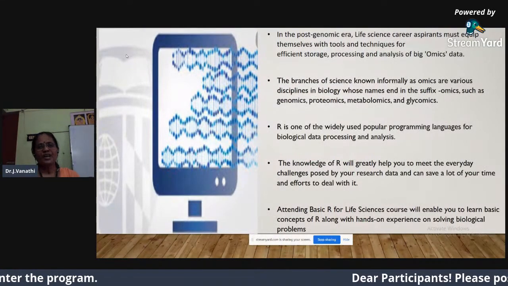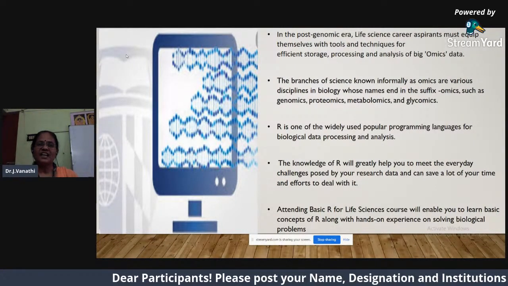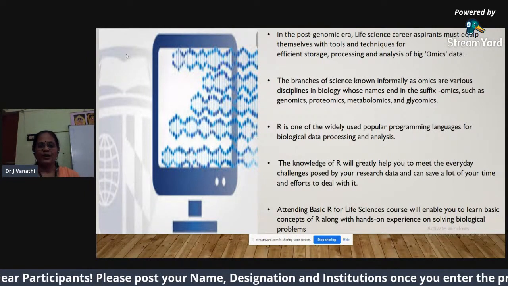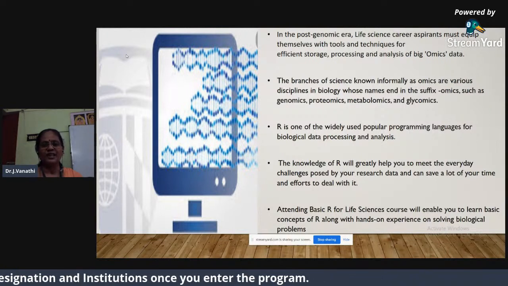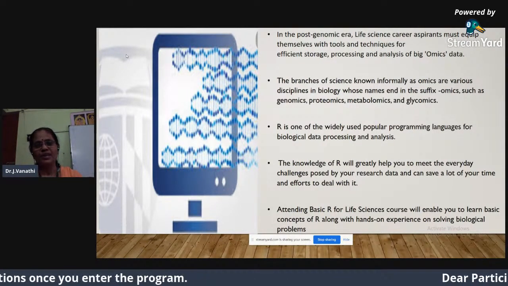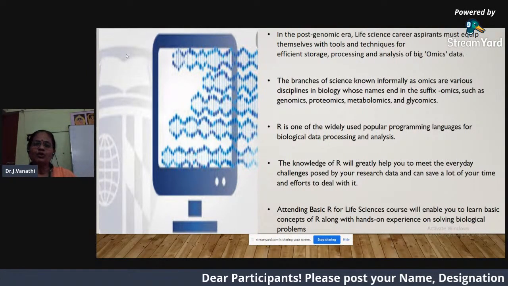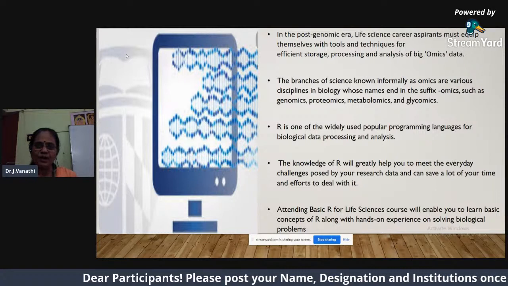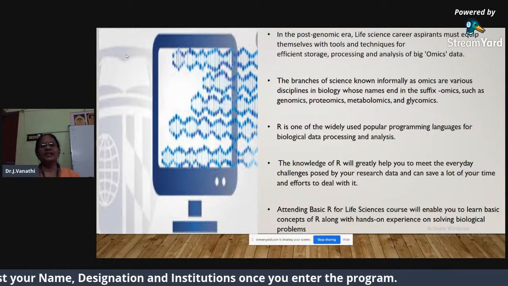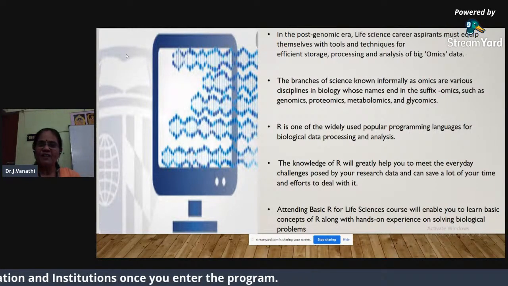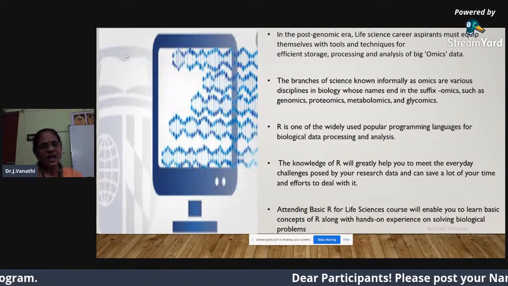Now, before getting into R programming, as the title says, it is data analysis for life sciences. So you should know how you biological students or life science students are going to get involved in this particular programming and how it is going to be useful for you, because you should not be thinking that those who know programming alone can do programming and not other students. It is not like that. Let us not have such a myth. Anybody who has an idea of how to do an analysis can use this R programming